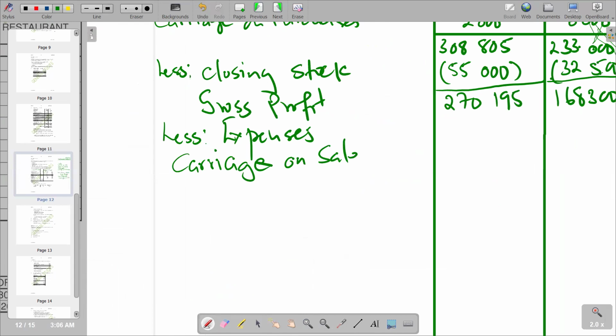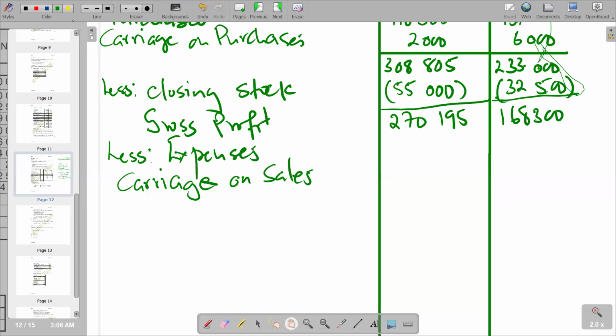Carriage on sales. And the figure that we have for the takeaway, remember, is 11,400 after the addition of oil. And then for our restaurant, we've got 4,000. So here we have 4,000. And then we go and check again for any other expense that is affecting